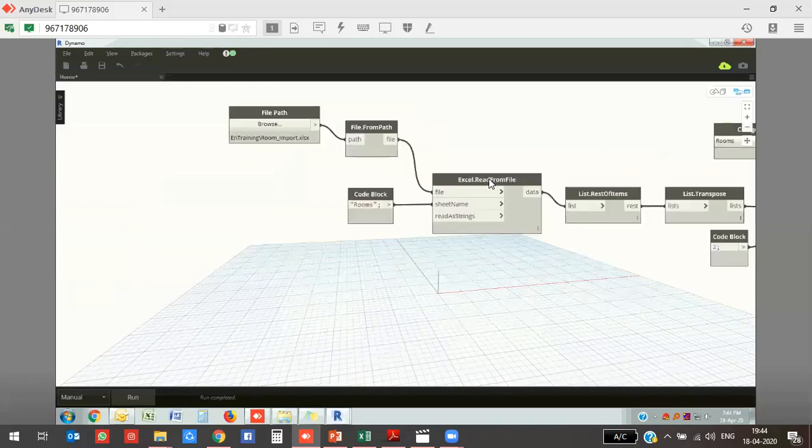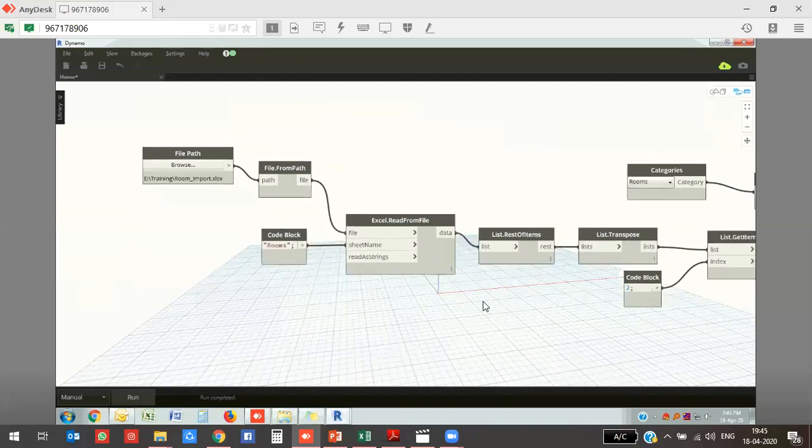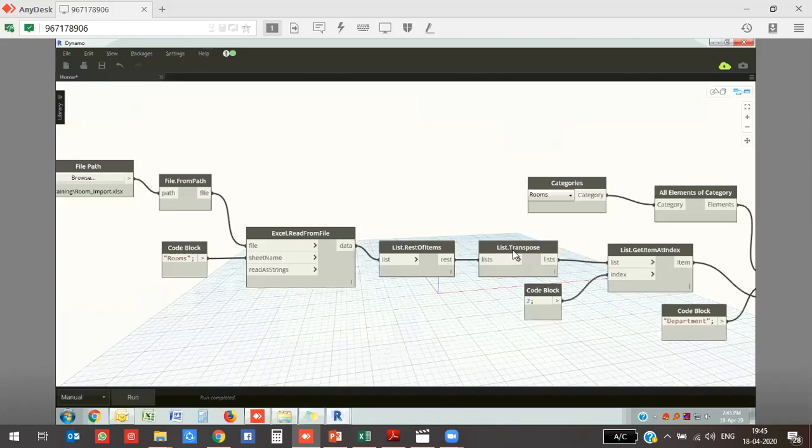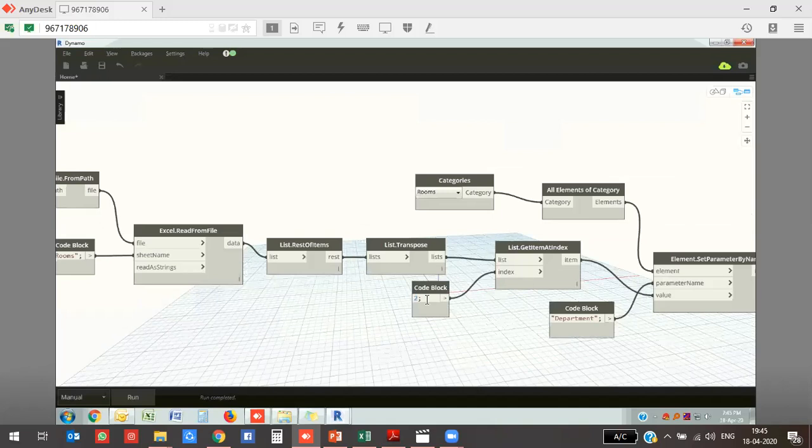So start from the workflow. We have added the node Read from Excel. From that we have connected the file path through the From Path node, and then we just use a code block to define the sheet name, and then we list the rest of the items. We just ignore the items by using the rest of the items, and we use the list transpose to list the rows and columns, and then we use the Get Index to define the index of the parameter, the